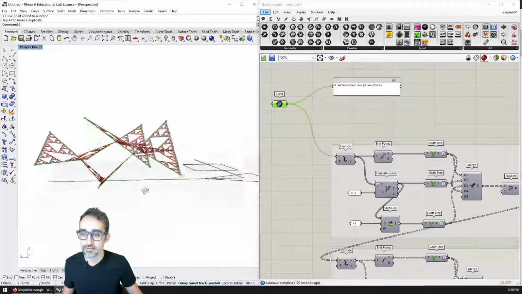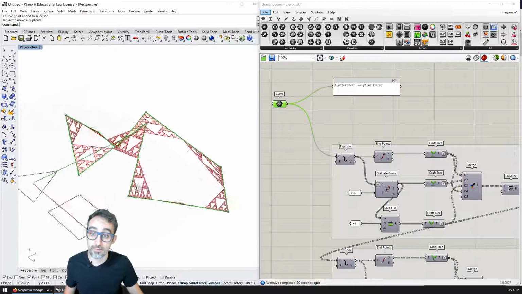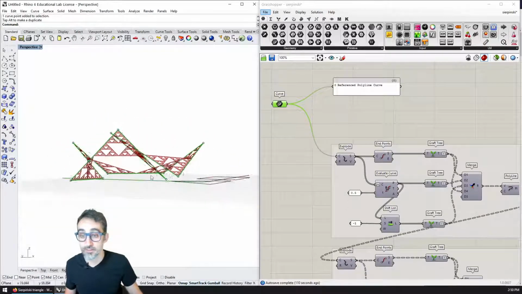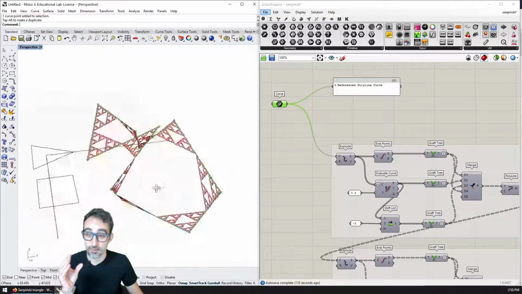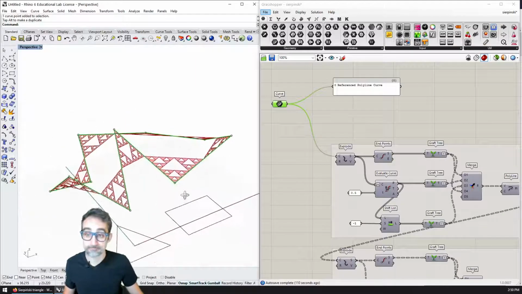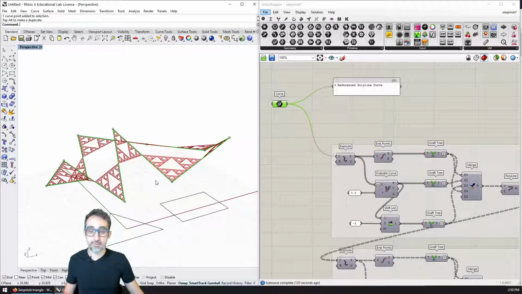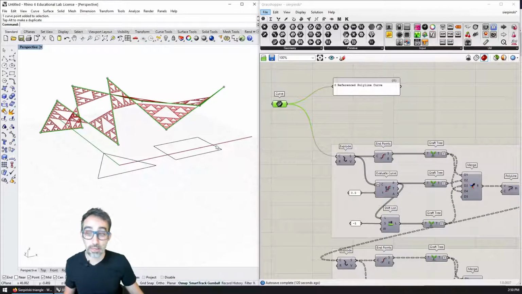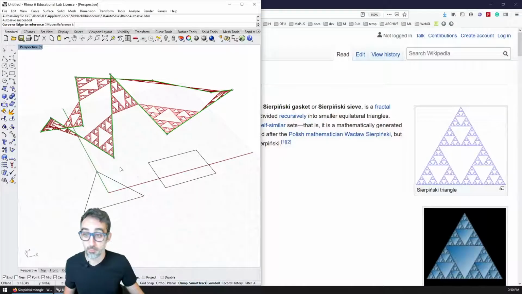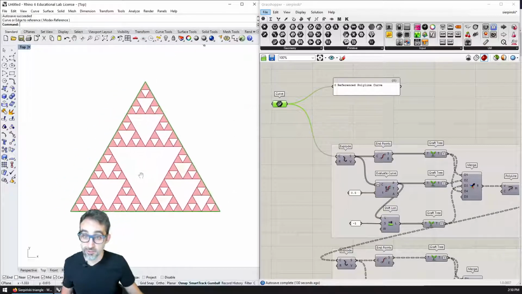Then very interestingly, I also get Sierpinski subdivisions for each one of the angles of the polyline, which I think is pretty cool. I think with this, I'm happy with the Sierpinski subdivision algorithm that we have programmed in plain old Grasshopper. I'm going to go back to the triangle because it's nice. It's the Christmas tree kind of feeling.